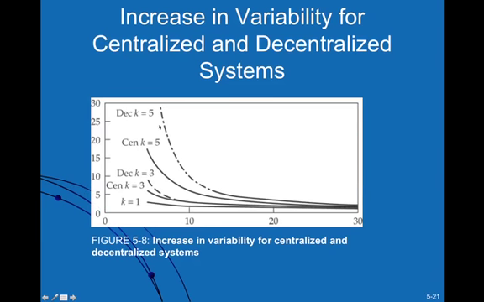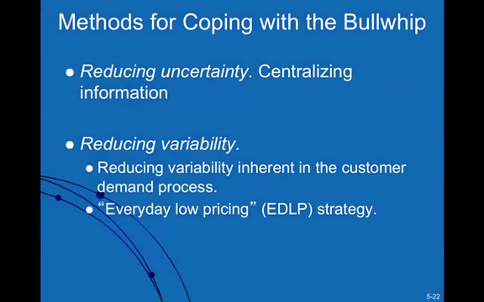So let's just look here. If you compare those two, this is the decentralized case where K is equal to 5, and then the centralized system where the lead time is actually 5 as well. All right, and then if we go down here where we have 3, we see that as we go up, the decentralized variability is increasing at a more dramatic rate. We still have that effect of it decreasing as we increase the number of periods in the forecasting model, in the moving average. All right.